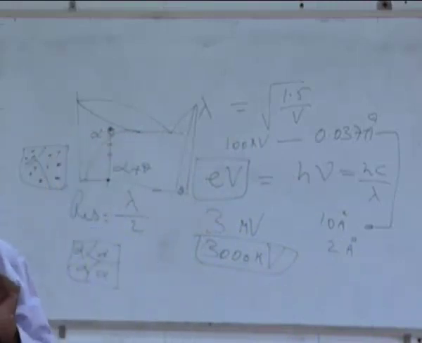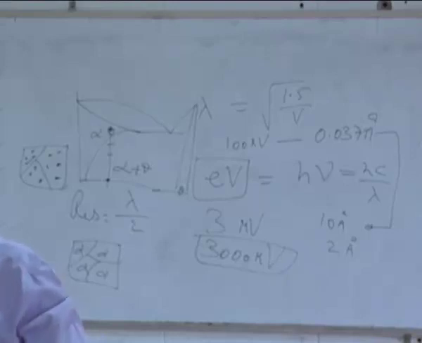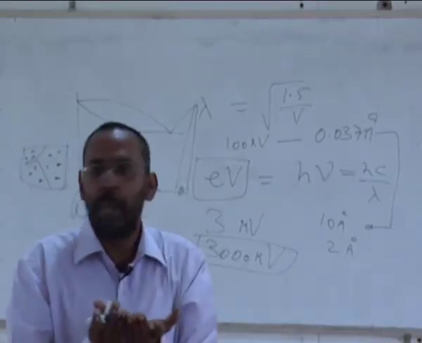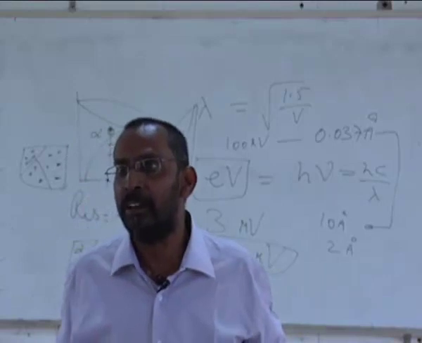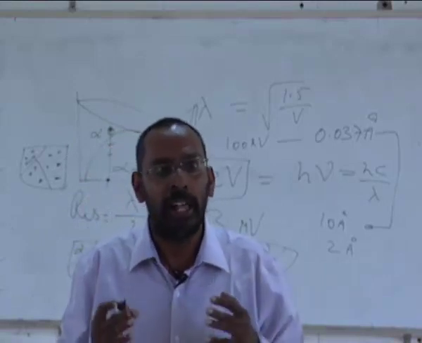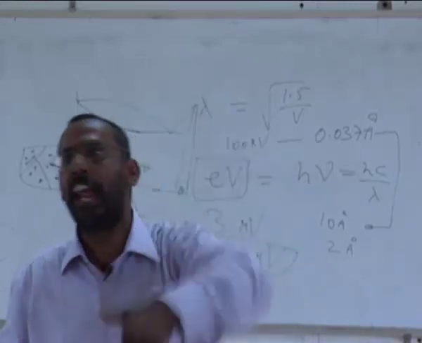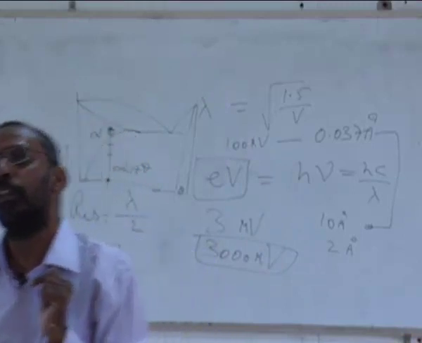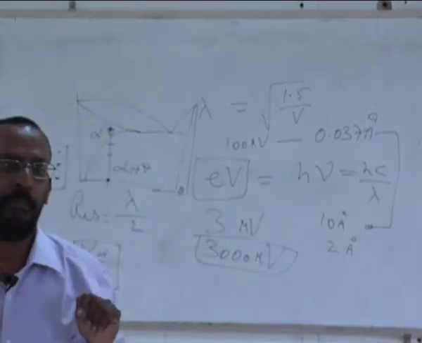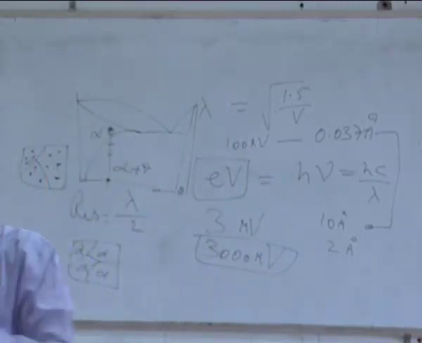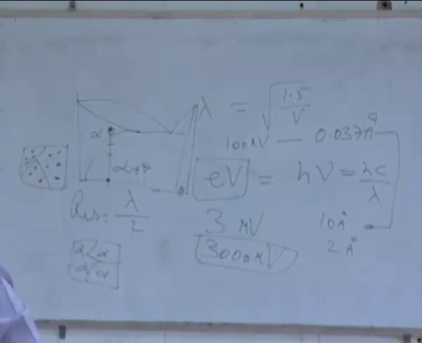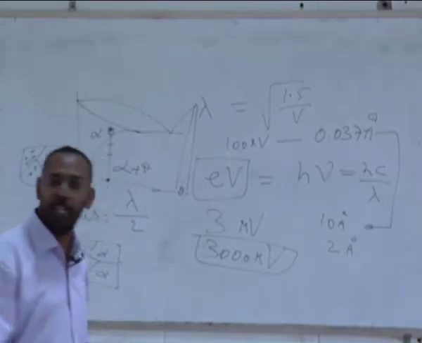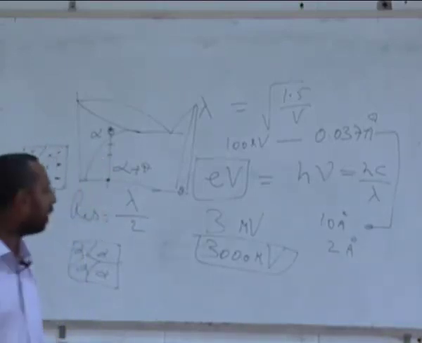So these are issues when you want to really see something. The thing which you are using to see it can disturb what you are actually seeing. So what you are seeing may not be what it really is, but what has happened after an interaction of the tool that you are using to see it. Whatever is the product of that interaction is what you are actually seeing. These are very interesting things. As you go deeper into material science, you will start understanding this.